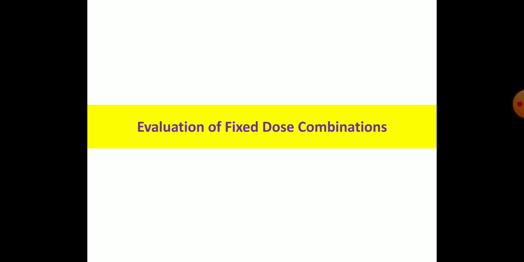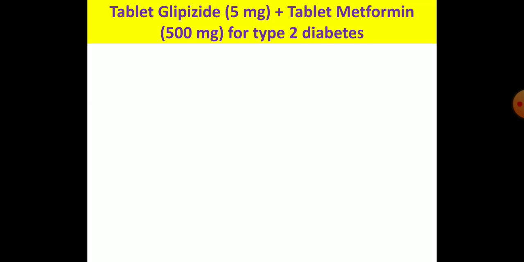First and foremost, whether both, or if there are 3 drugs, all the drugs are required or not. Then it means that there is a definite need of more than one drug, or all the drugs in a particular combination. If yes, then whether the doses are adequate. If yes, then whether the adverse effects are not simply additive. And finally, the pharmacokinetic profile must be matching, and lastly the cost. So we will discuss this in the following examples.